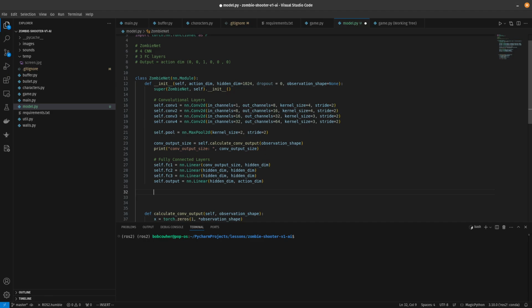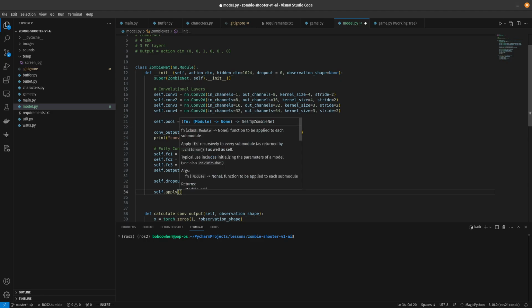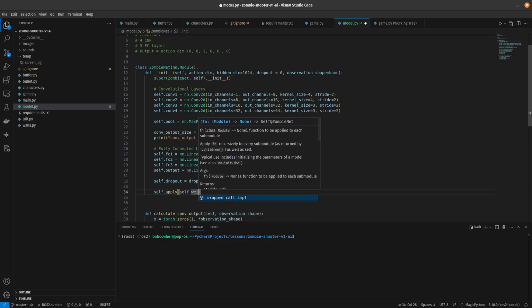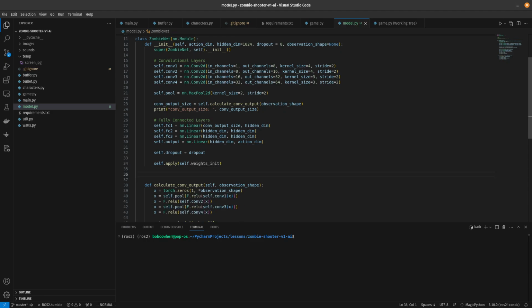All right. And then we will do self.dropout equals dropout. That's just going to be a value. And self.apply, and we'll be defining this in a moment, self.weights init. All right, let's go define our weights init as soon as I find it. All right, let's just go ahead and put it right under here. So we're going to define weights